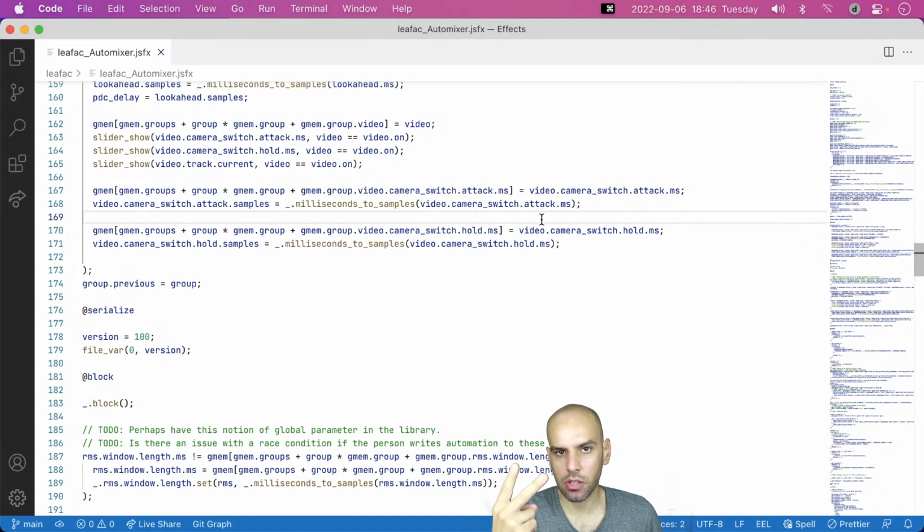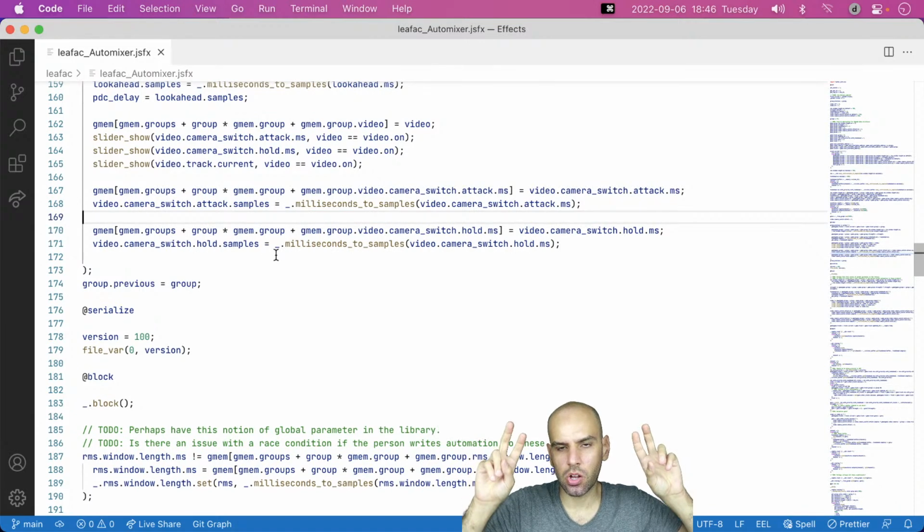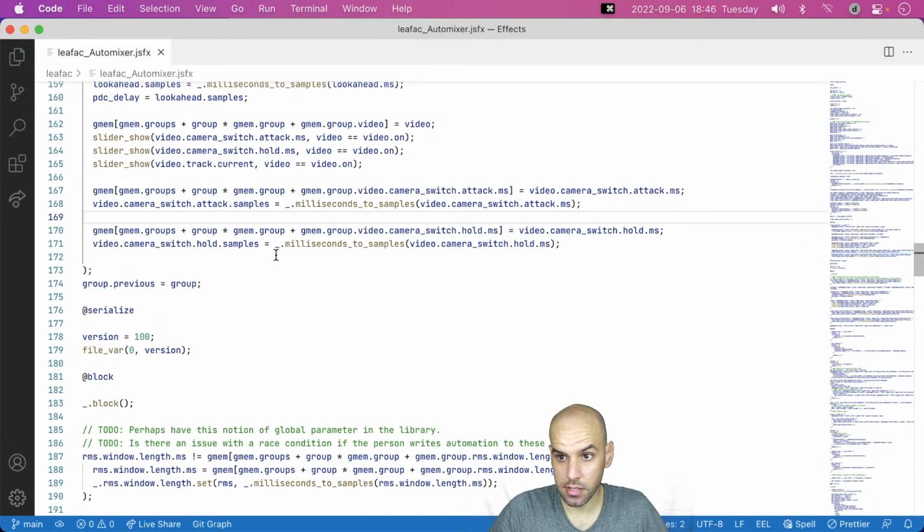The second way I thought about doing this is when I do a camera switch, I record the exact time in which that happened. And I have to think of this in terms of time. I don't think it would be very ergonomic to think of this in terms of samples because this clock, so to speak, needs to be synchronized across plugin instances. And the notion of samples is hard to keep track of across plugin instances. It's not impossible, but it is a bit weird.